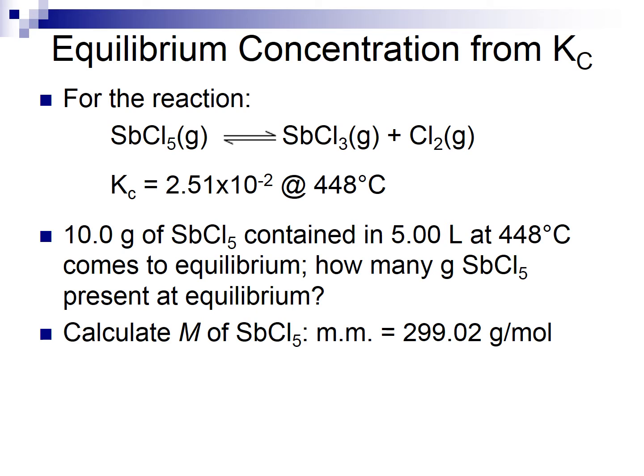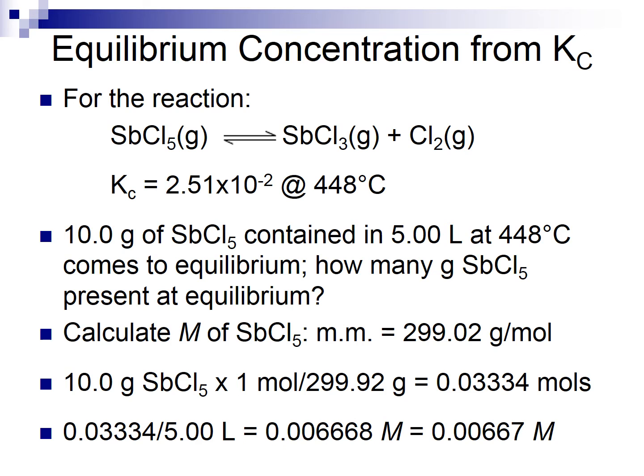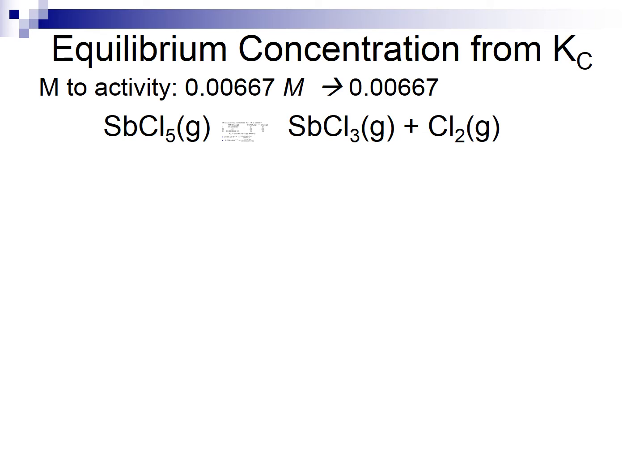The first thing I need to do is calculate the molarity of the antimony pentachloride. The molar mass of antimony pentachloride is 299.02 grams per mole. So I take the number of grams that I have and divide by the molar mass to find moles at 0.03334 moles. I take that number of moles then and divide by 5 liters, and I get 0.006668, which comes out to be 0.00667 molar. Given the molarity of 0.00667 molar, if I convert that to an activity of 0.00667,